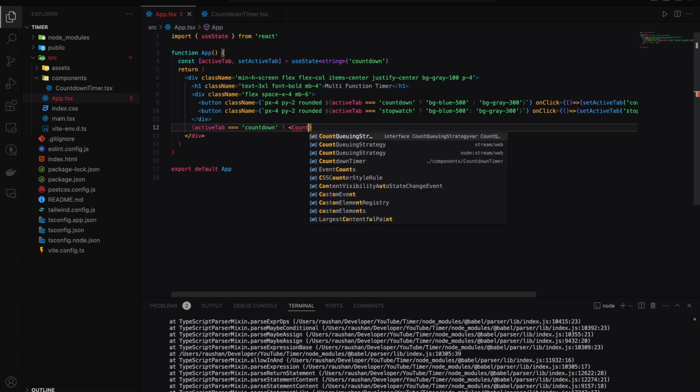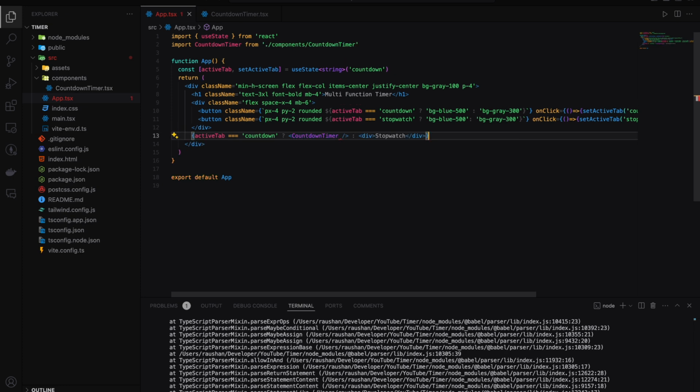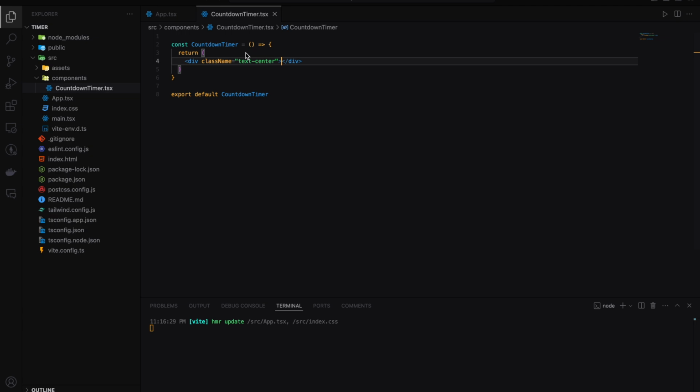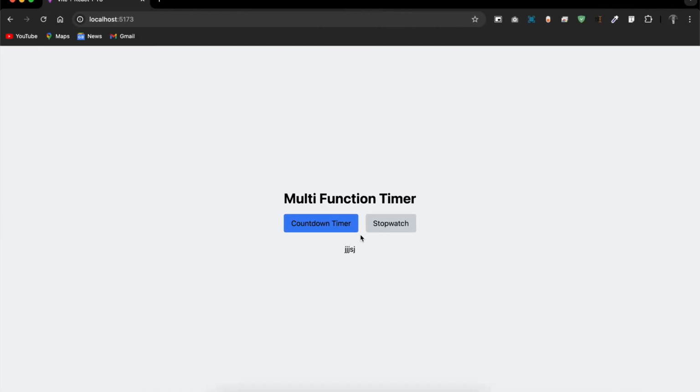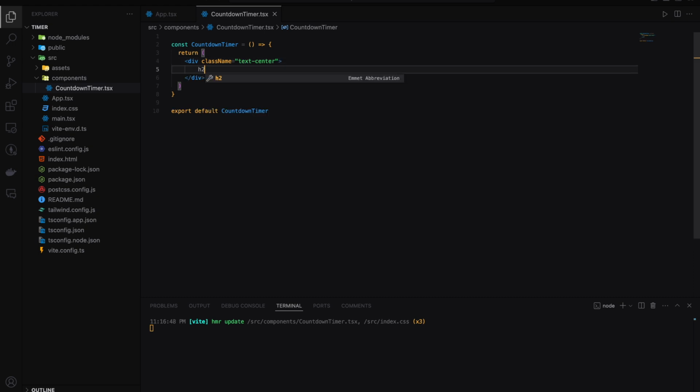Okay, this countdown timer. For now, give it this. So this is a stopwatch, this is the countdown timer. In the countdown timer, let's write something and see. Yeah, it's rendering. So the text is going to be in the center, and under this give an h2, and the class